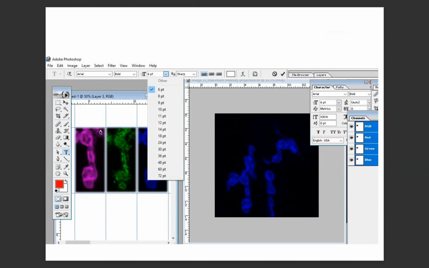Then I can write on the keyboard. You can write A, B, C, and you can also increase or decrease the size here. This is shown here. Also you can change the format, and you can make the text bold or crisp. If you want to italicize, just click here.